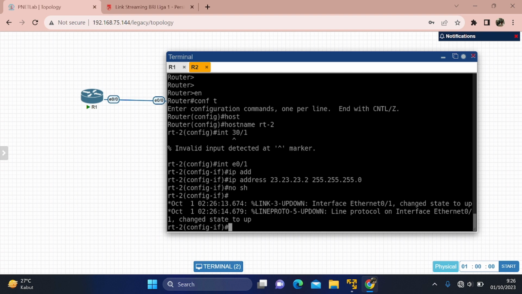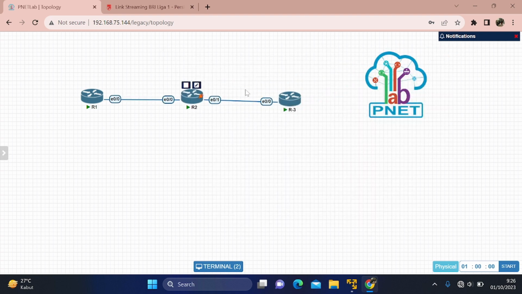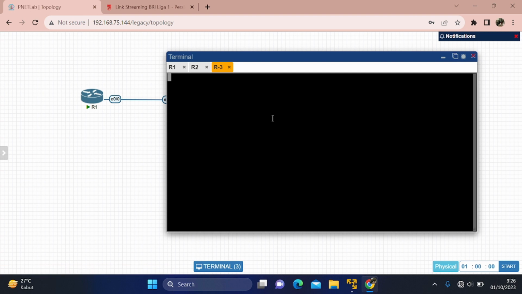And then set the IP address in router 3. Open the terminal of router 3.